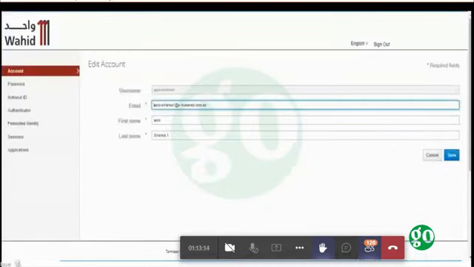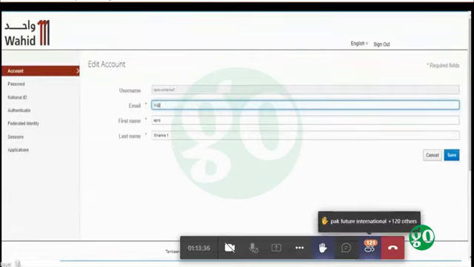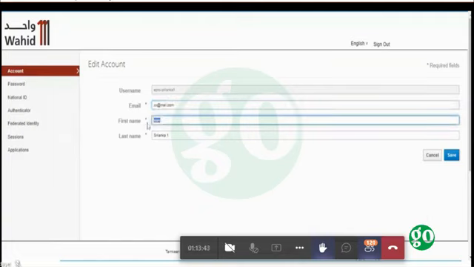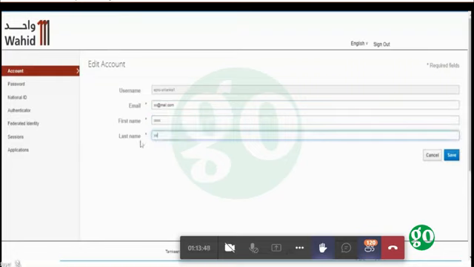After that, user would be directed to manage his personal details. As we see here in the left corner, there is a navigation bar including many tabs where user can edit information regarding each one. The first one is the account. User can edit the email of this user by just entering the new email. After that, user can also edit the first name information and the last name information.